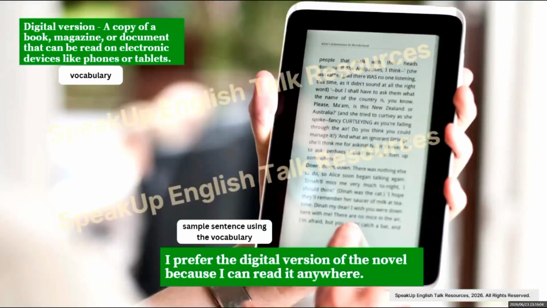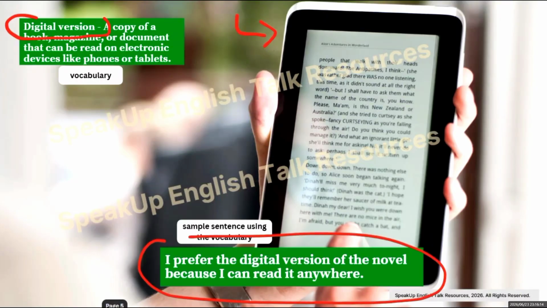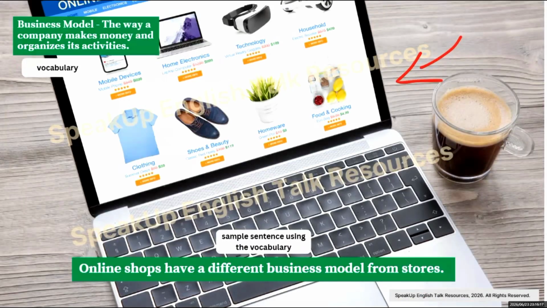Next, I have another one, for example, digital version. What does that mean, right? Here is an ebook, and then a sample sentence for the student to practice. Then, for example, another one, business model. What does that mean, right? After teaching the key vocabulary, and usually I give like 6 or 7 vocabulary words for each lesson,